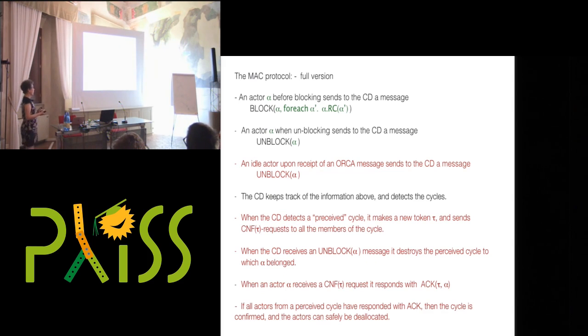When it finds a perceived cycle, it does not take action now. It starts a conf-ack cycle. So it gives a token to this perceived cycle and asks all the actors that it thinks are in that cycle, please confirm. So it sends them confirm requests. If it receives an unblock message, then it destroys the cycle. If all have responded with an acknowledgement, then the cycle is